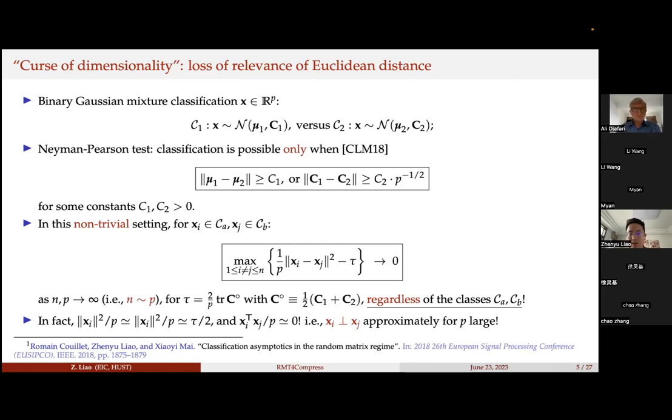So the CLT together with the law of large numbers tells you that if you have an independent random vector, for example X living in R^p with independent entries, then you sum all its entries, and in the first order you get the expectation of the entries of X. That's given by the law of large numbers. And in the second order, which is of order 1 over square root of p if we sum p terms,